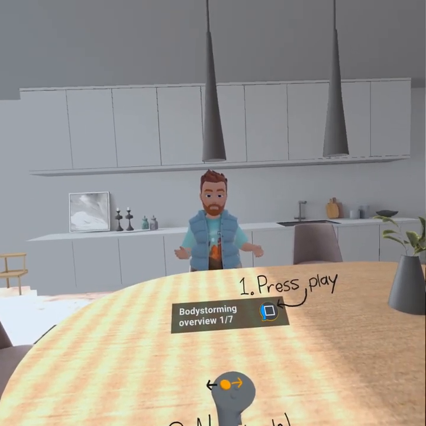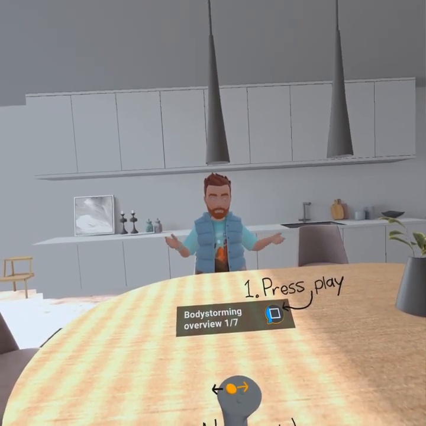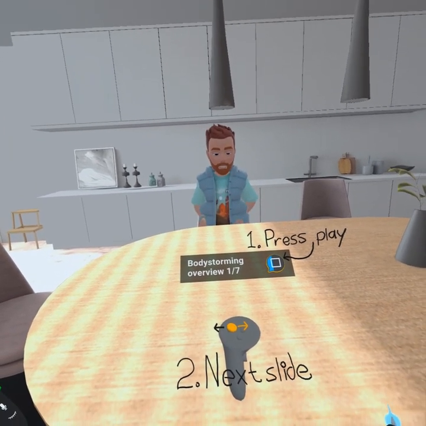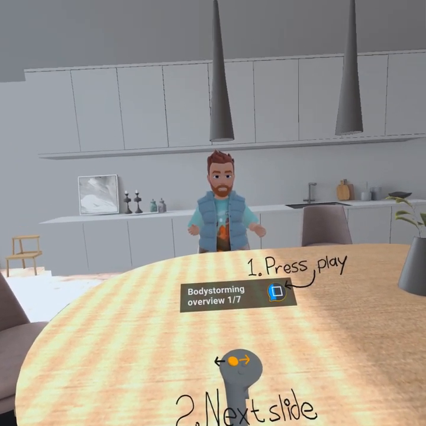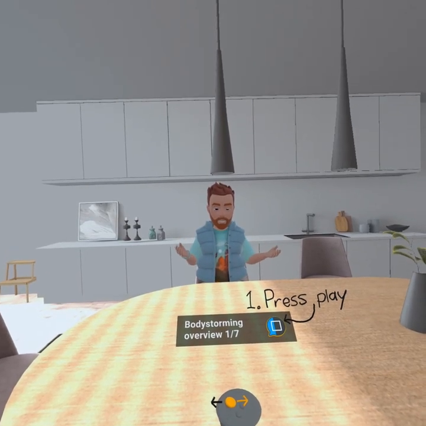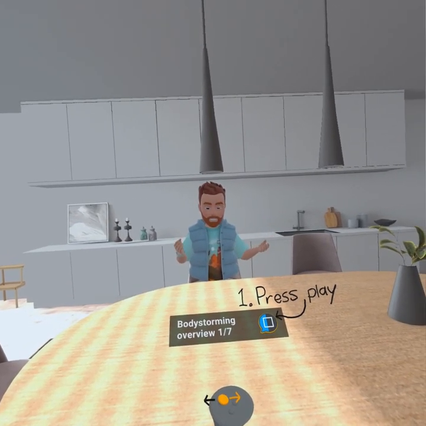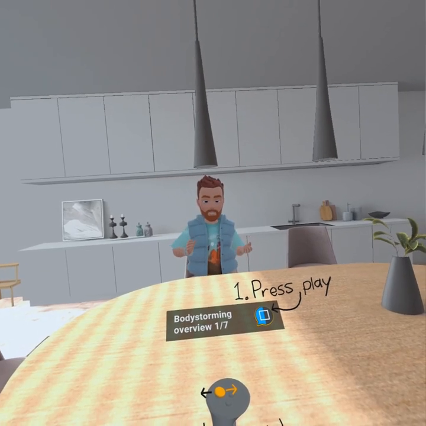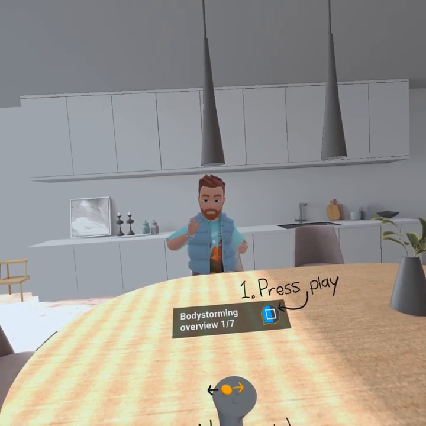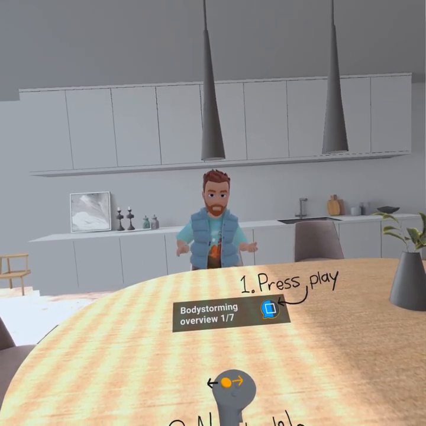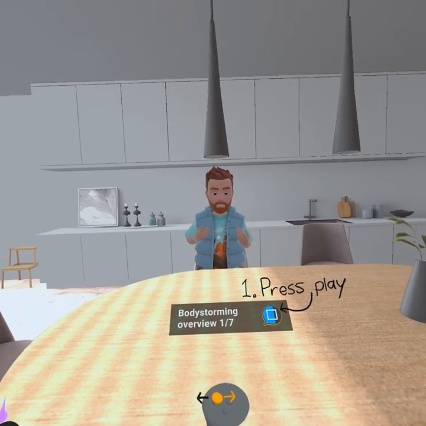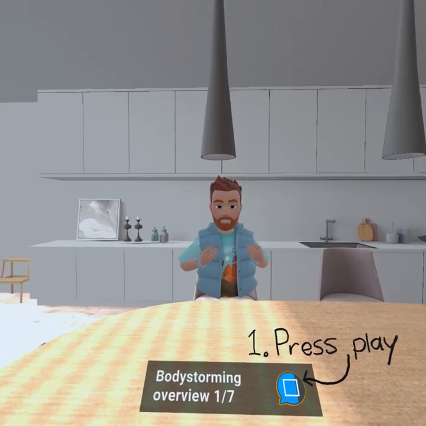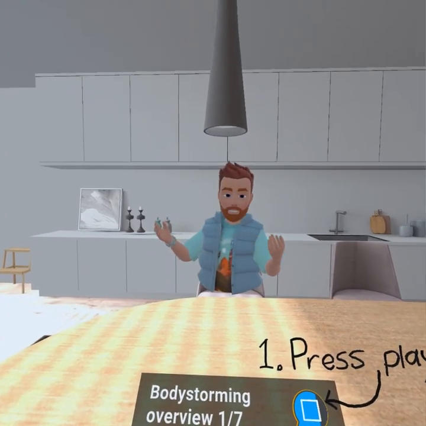So I'm going to give you a little overview of something we call body storming or spatial storyboarding. It's a method where you act things out in space with your partner so that you can get new ideas that you might not get if you were just brainstorming in Figma or on paper. This allows you to really think with your body, with the space around you, get inspired by this space that